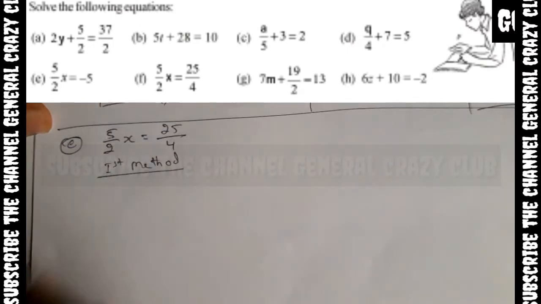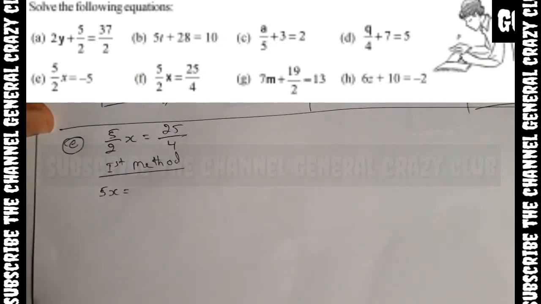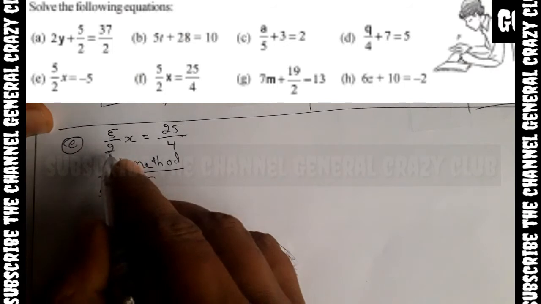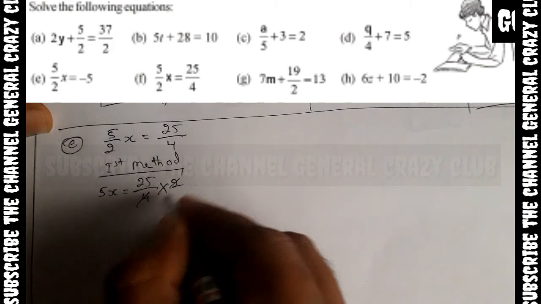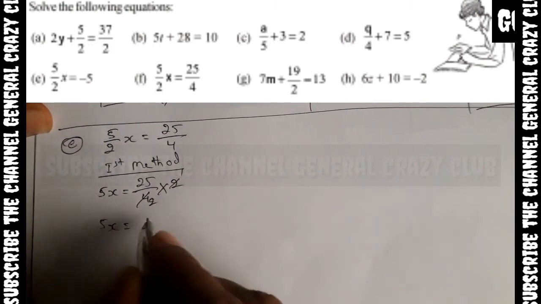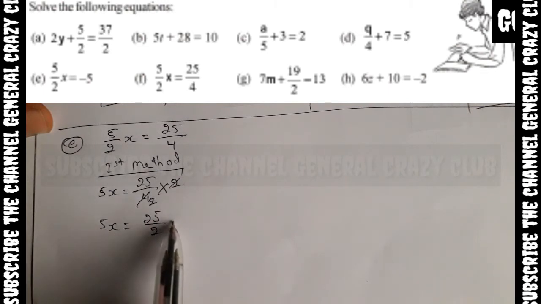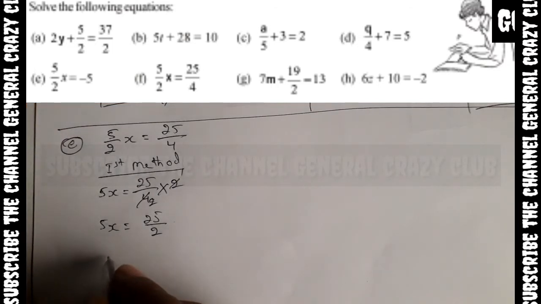First method: 5 by 2 x, you write 5x, after that 25 by 4, it is division, it is transposing here to 2. 2 ones are 2, 2 twos are 4. Remains what? 5x is equal to 25 by 2. It is multiplication, it is transposing here, automatically it is division. X is equal to